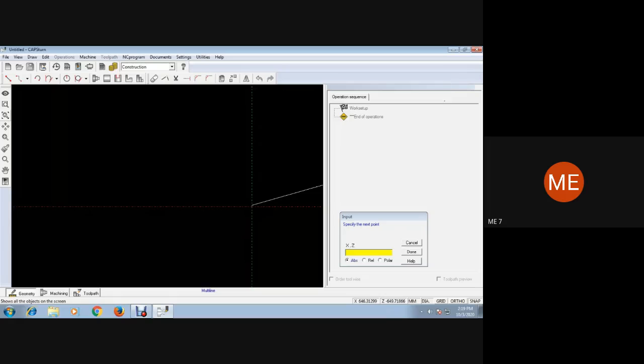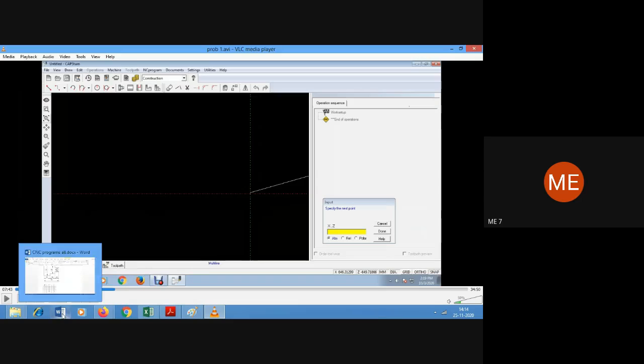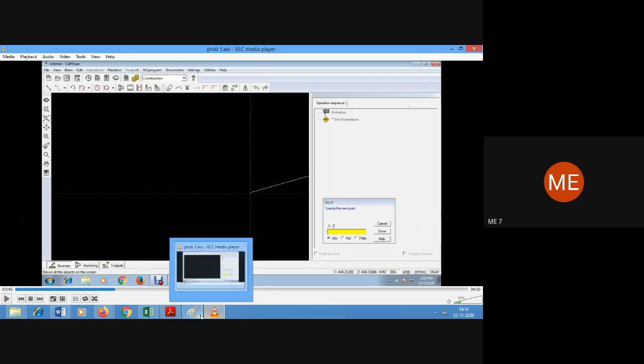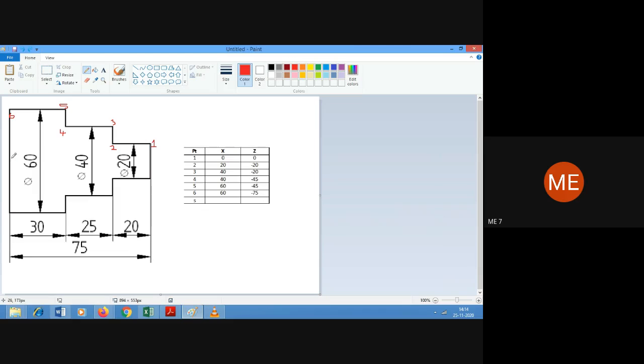The other thing we should remember is that we are going to draw only one half of the diagram. So we have to give coordinates only for that.